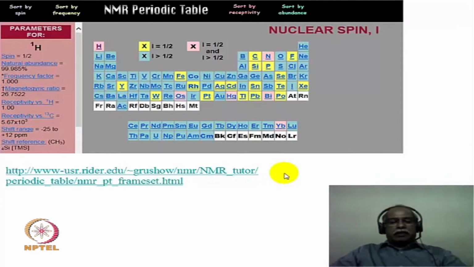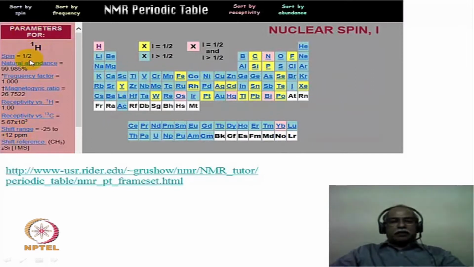On the internet, there are quite a lot of resources available as far as nuclear magnetic resonance spectroscopy is concerned. I am highlighting two such examples in this particular lecture. The first one is from this particular website. When you go to this website, it gives you an interactive periodic table. In the interactive periodic table, if you click on any particular element and look at the left hand side